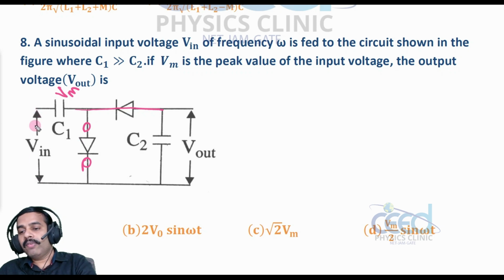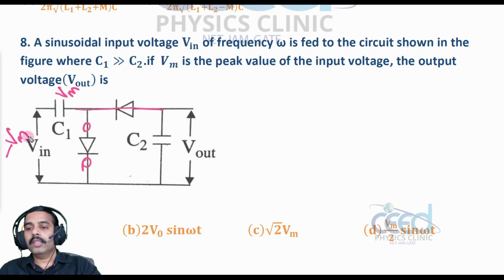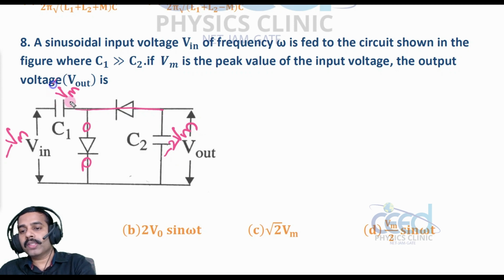So during the negative half cycle, the input AC peak is minus Vm, right? Here we already have a charge, a potential Vm stored in the positive half cycle. So this minus Vm is balanced with Vm, then our output should be minus 2 Vm. Minus 2 Vm plus Vm only, we will get minus Vm, right? So we will get the double of the voltage here, right? So the double of the voltage is being obtained.